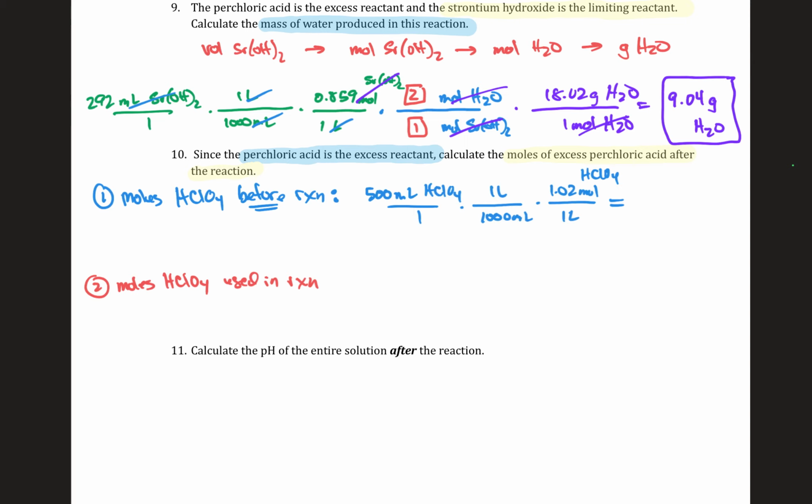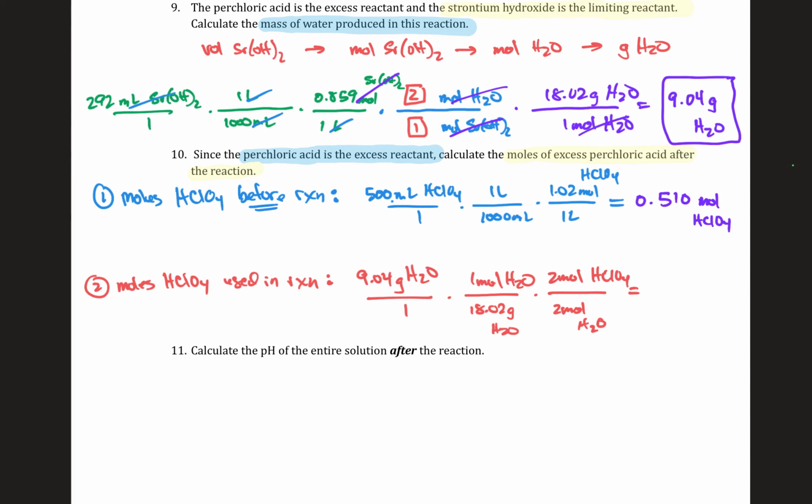We can find the moles of perchloric acid before by taking the volume that we had, 500 milliliters, and using the molarity, that every 1 liter would have had 1.02 moles, to find that before the reaction we had 0.510 mole of perchloric acid. To find the moles of perchloric acid used in the reaction, we can take the mass